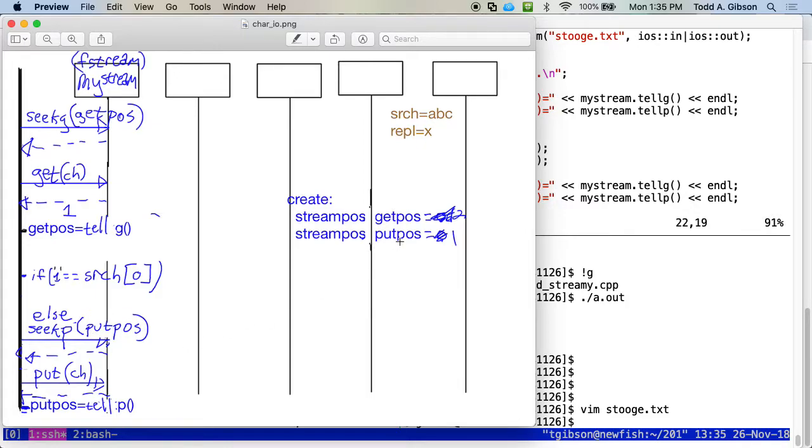So this starts out, probably don't have any editing capabilities on this. These both start out as 0. I do this get, and then before I do my put, I have to seek p this variable.